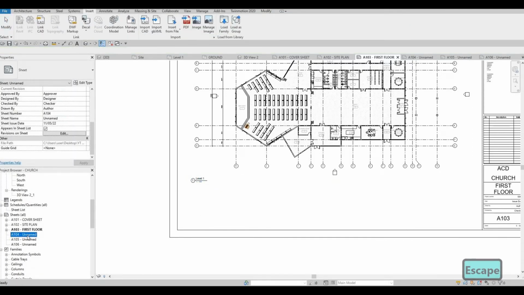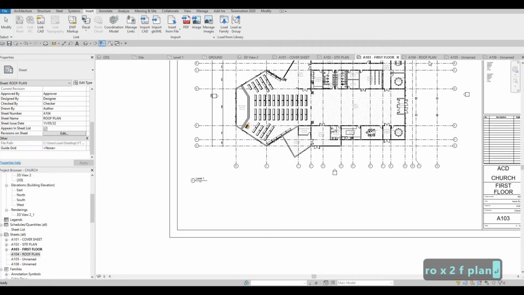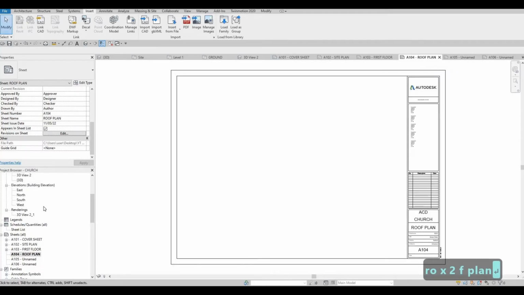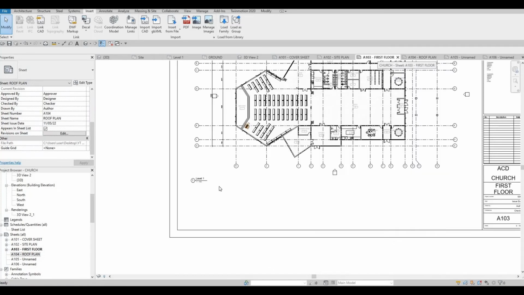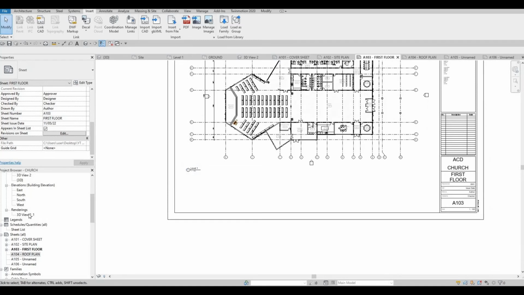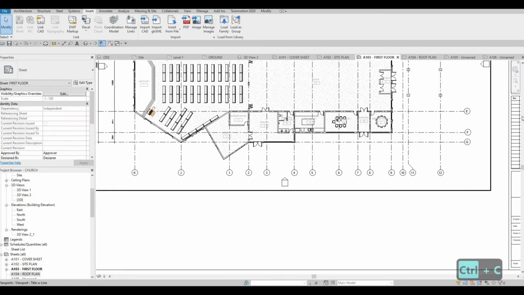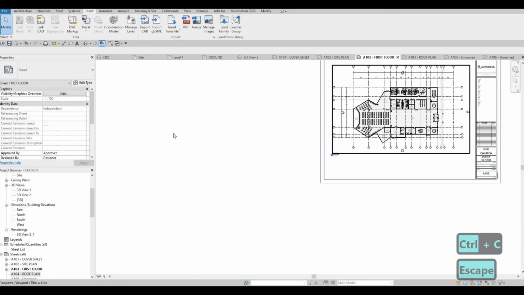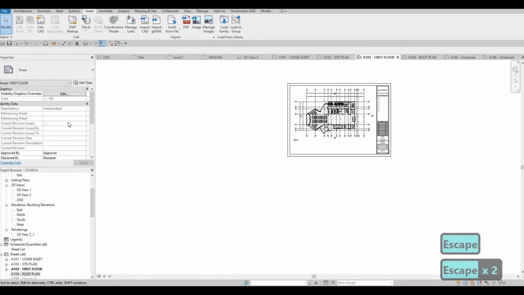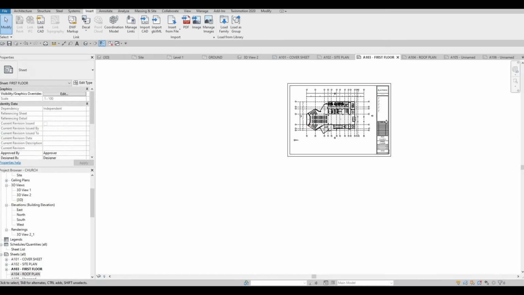Then come here again. We could create a roof plan, and then our roof plan, so go to the sheet. For the first floor, it's still saying level 1. In order for us not to change this, but just to change the naming on that, what you need to do is you just need to go to the sheet, press escape, and then here what we could do is